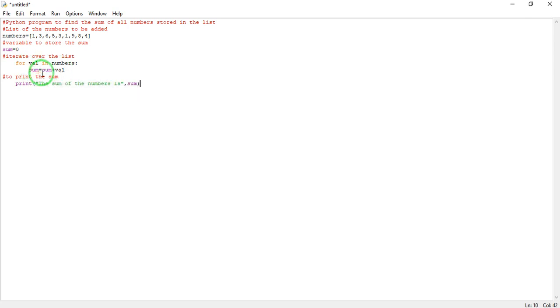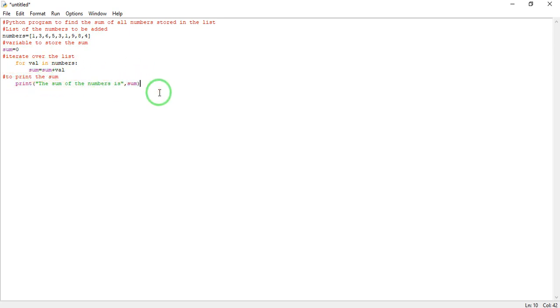Okay, so what this code will do is, for value in the list, first we will take 1 here, right? First we have 0, so the next term is 0 plus 1. Again come back here, now the answer is 1, so 1 plus the next term 3. Again your list is not over, so again come back, then the sum plus the next term. So it will go on looping over the list until you reach 4. Once you reach the 4, this for loop will end, and then you will get the sum, and this is the print that you have.